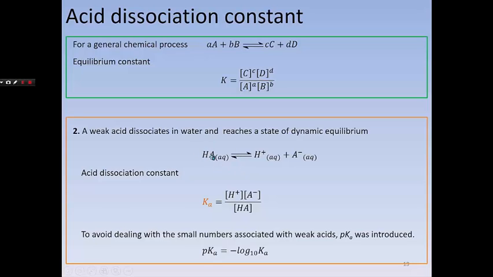I would like to mention again, the HA here is not the formula for any particular weak acid. It only denotes weak acids in general. The acid dissociation constant equation has the same structure as the general constant equation for self-ionization of water. The subscript A stands for acid. But for self-ionization of water, we can simplify the equation a little bit because the concentration of water in dilute solution is a constant,